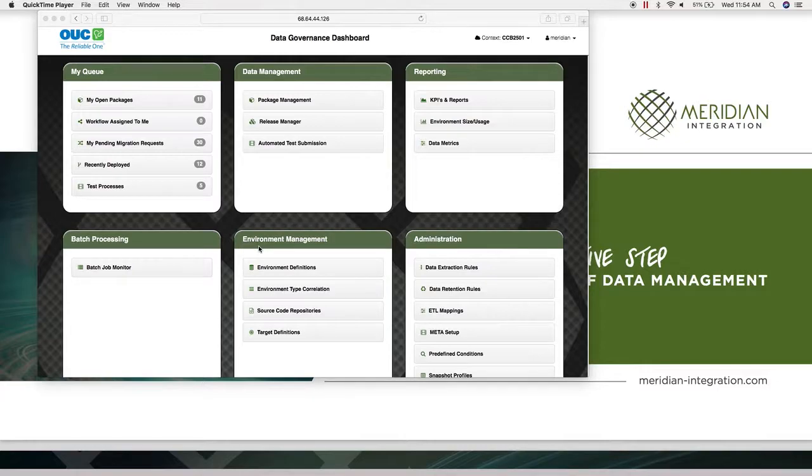So what we're going to do today, again, what we've done yesterday is that we've shown how we capture data related to a particular feature set. Now we're going to show you how we capture source code related to a feature set. At the end of this demonstration, we're also going to show how the Meridian API is exposed